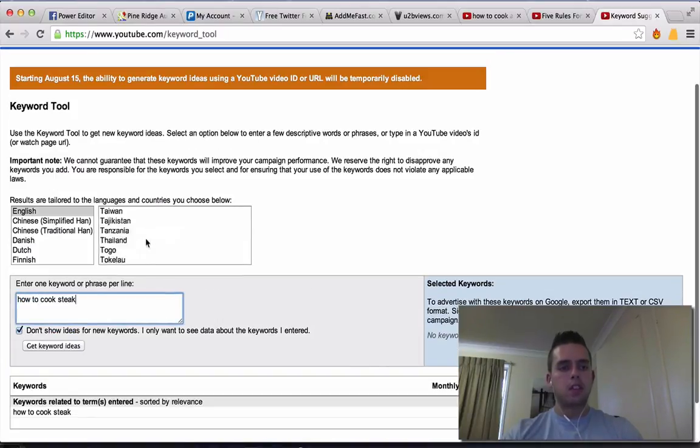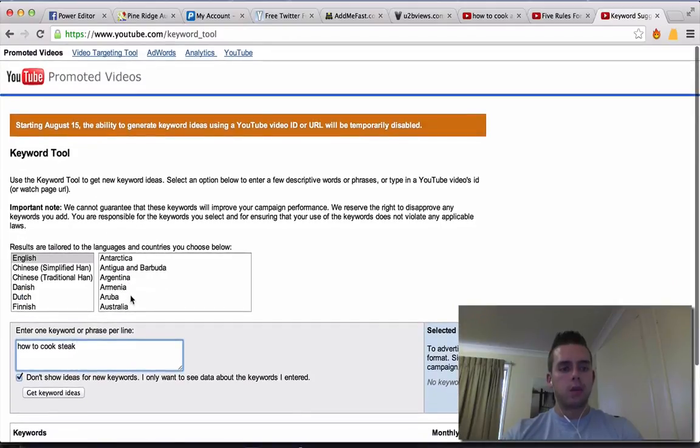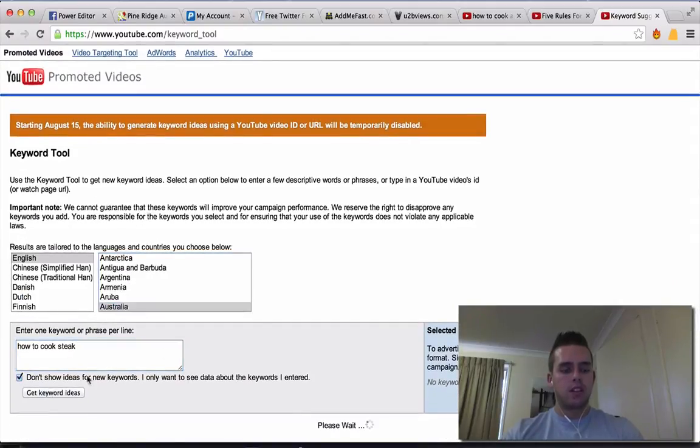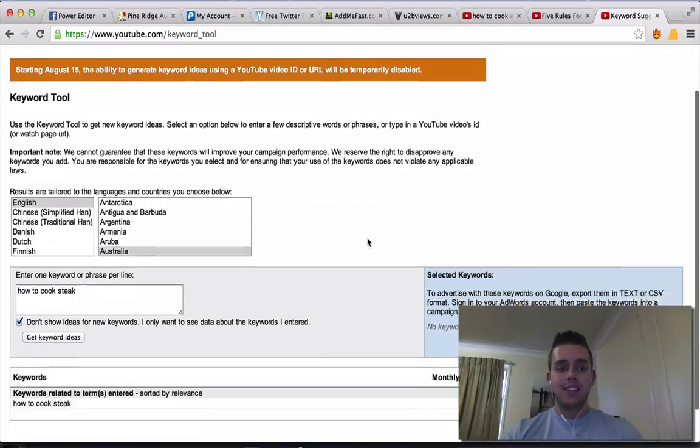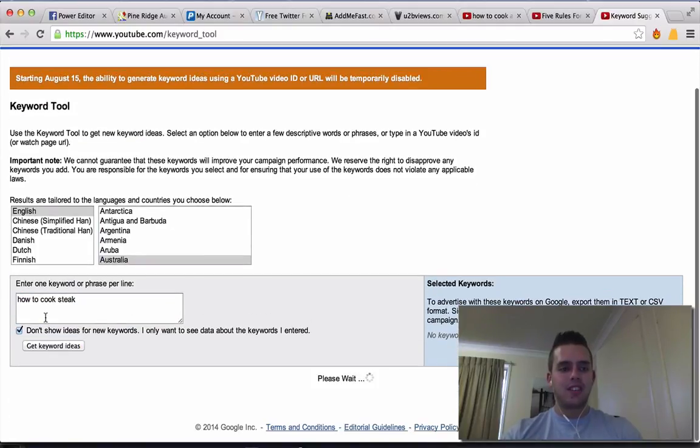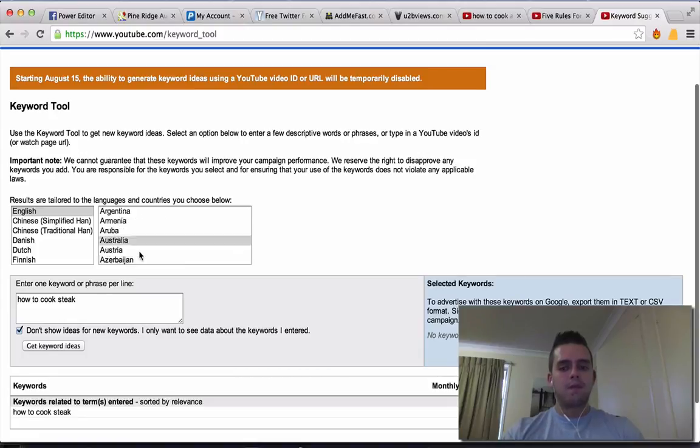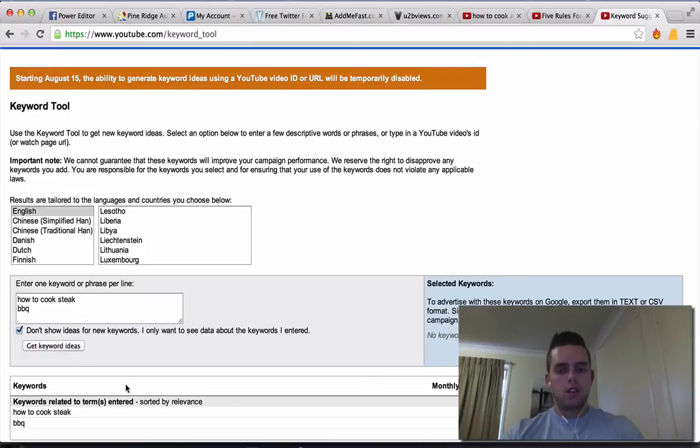See, not that many people are searching for that there, but let's go to Australia and see how many are searching for it a month. Although all Australians seem to know how to cook a decent steak. Again, not enough data here. But yeah, if you play around with that, you can always type in new words on every level here. So we can go here, maybe type in something like barbecue. So 8,000 people search just for the word barbecue in Australia a month, and that's obviously what we cook our steaks on over here a lot of the time.